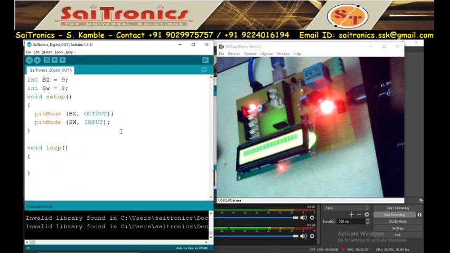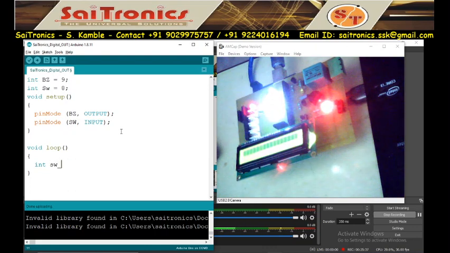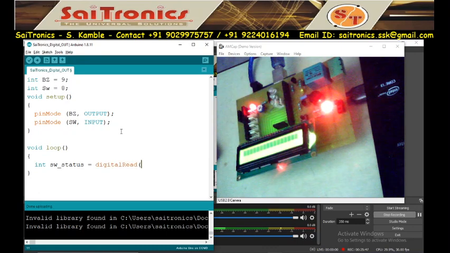After that I have to take one variable to read the switch, so I will take variable int switchStatus equal to digitalRead switch. So I will read the switch.